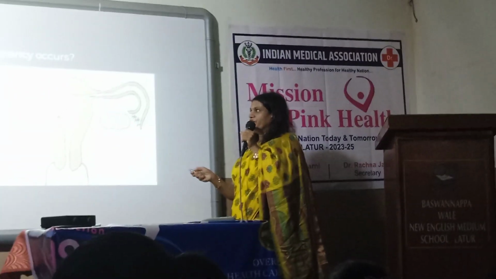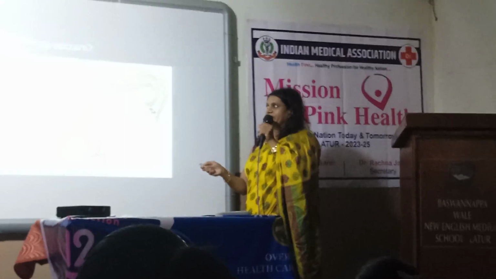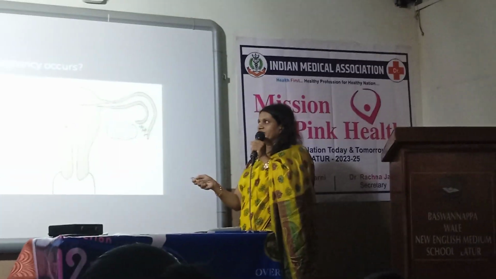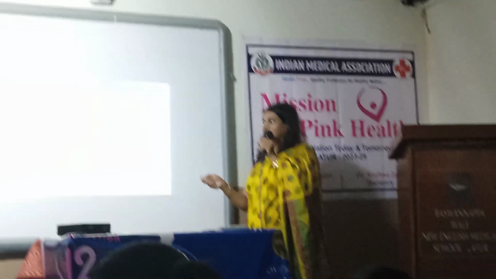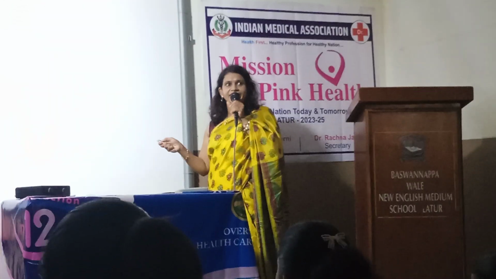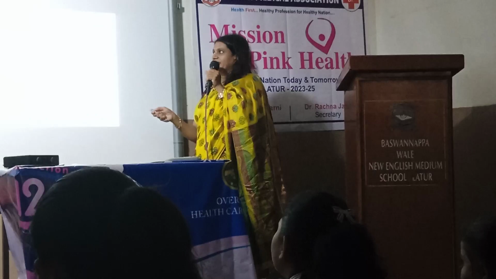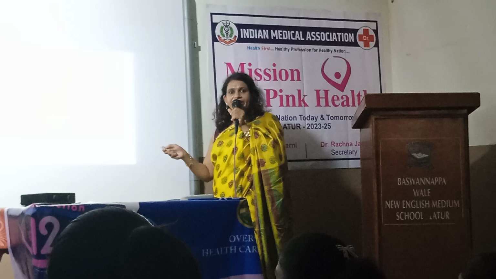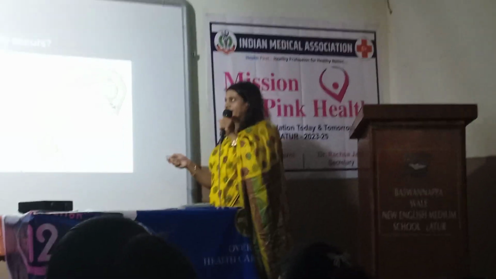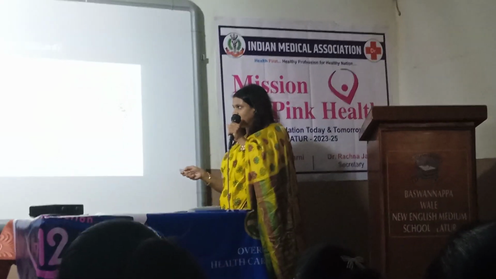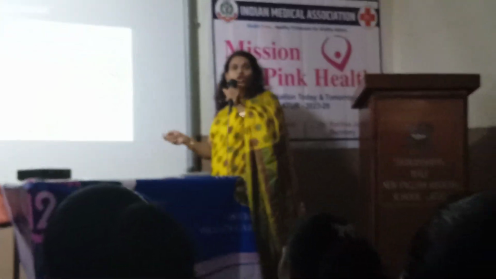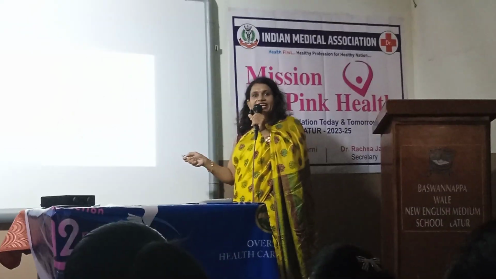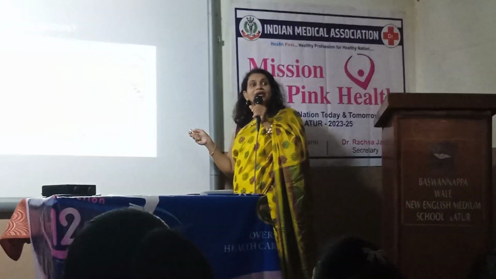How? The sperm will enter from the uterine cavity into the fallopian tube, and from this side the ovum will come, and the fertilization takes place within the fallopian tube only. Then this zygote, now you can see this, will remain here for up to 4 days in this tube, and after that on the 5th day you can see this is getting implanted in the wall of the uterus. This is the wall of the uterus. So this will now get implanted here, and then it will continue to grow up till how many months? 9 months. Very good.